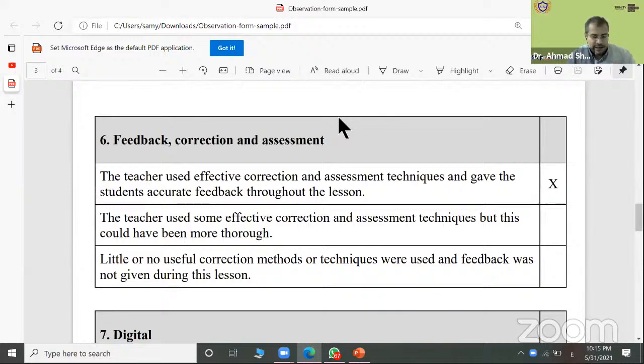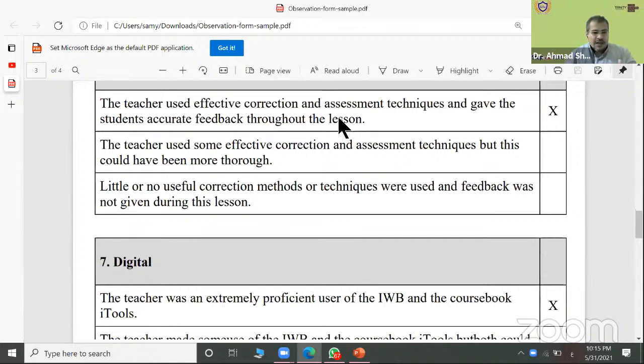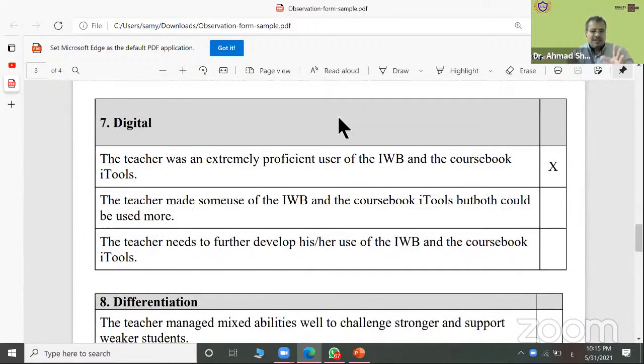Number seven, digital. Digital here means IT or technology. Each English course nowadays has its own iTools, or active learning CDs, to help the teacher present the target language interactively.